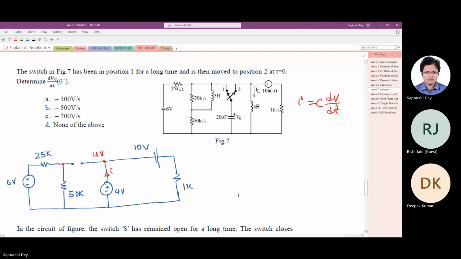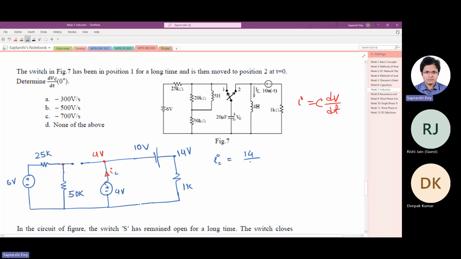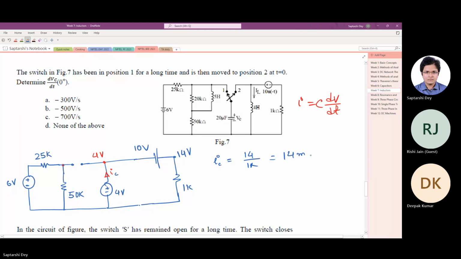Is that possible? Yes, that is possible because there is a resistance here. So basically what we have is 4 volt and 10 volt voltage sources in series. So this one becomes 14 volt. So how much current is flowing to the capacitor? I will call it IC. IC is 14 volt by 1K, which is 14 milliamps. Now dV/dt is simply this I